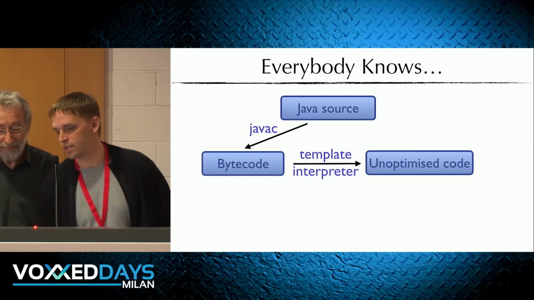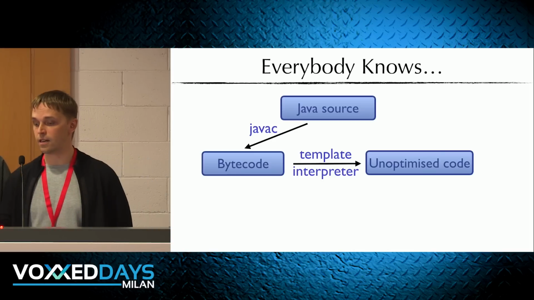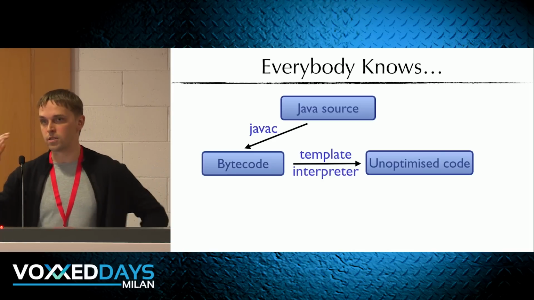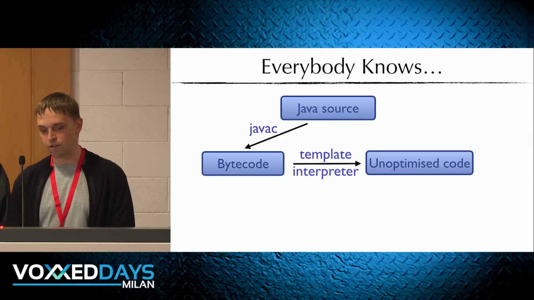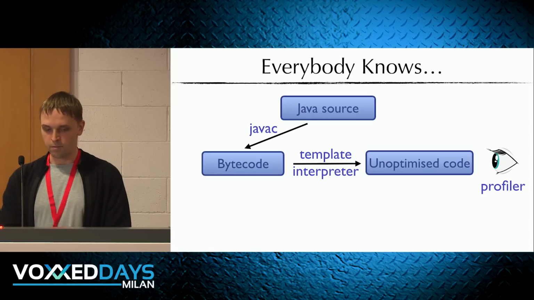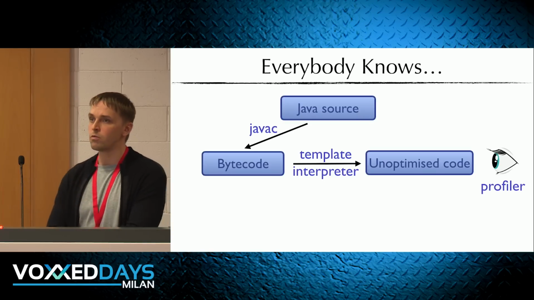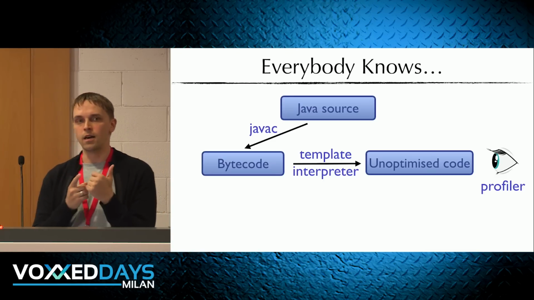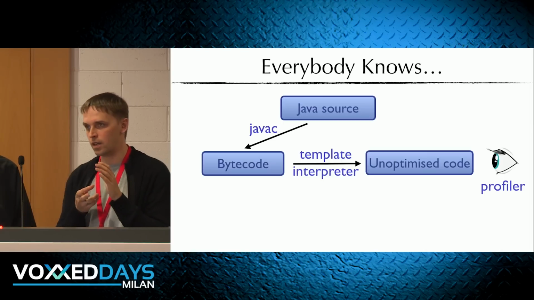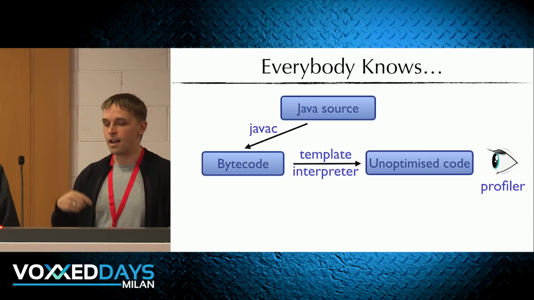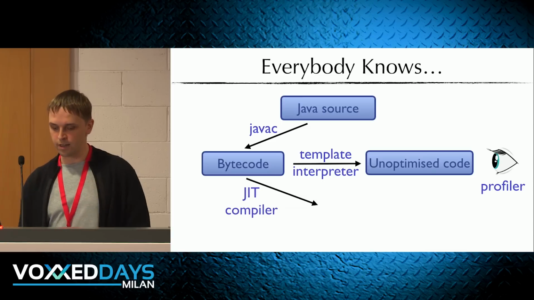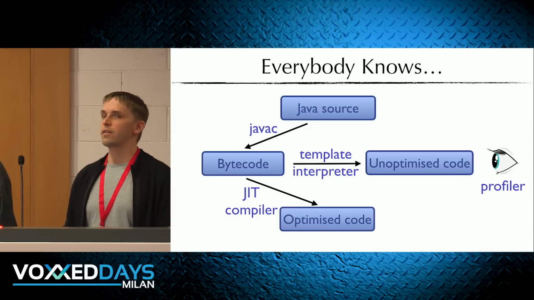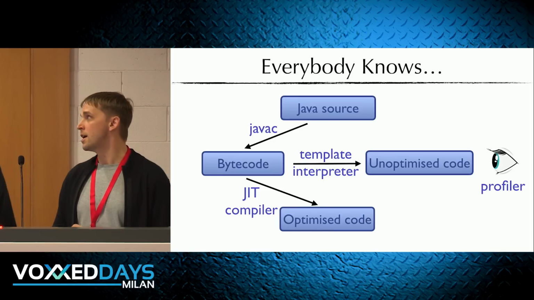What you see here is basically a simplified picture, because we are saying that bytecode will always run in interpreted mode, essentially producing unoptimized code, the templates that get executed. The reality is a bit more subtle than that, because normally the interpreter will keep a profiler, it will watch and gather profiling information like method invocation counts, loop back edge counts, and stuff like that. And once a certain threshold is tripped, it will kick in the JIT compiler and tell it to optimize that particular method because it's going to benefit from the optimization. So in other words,